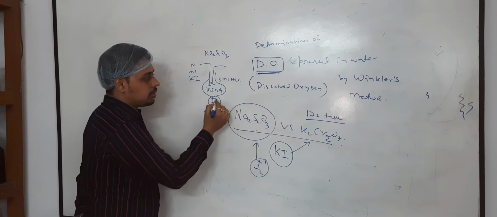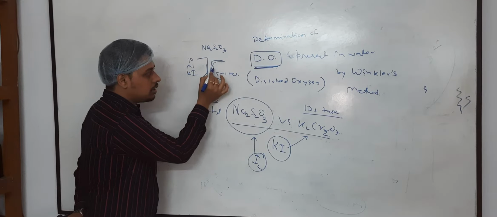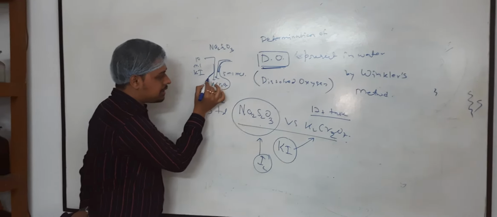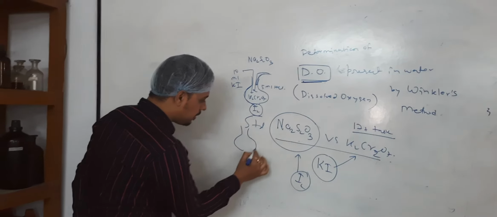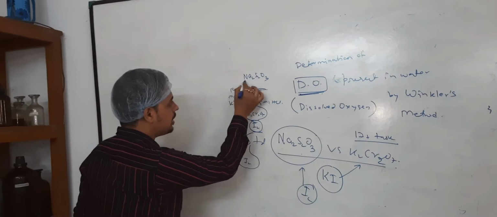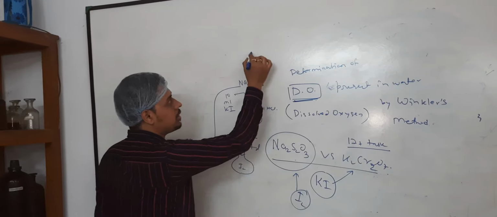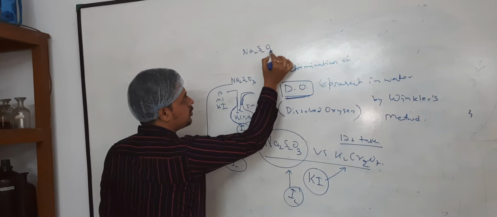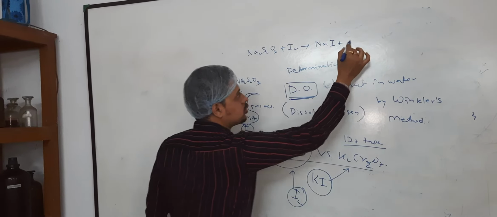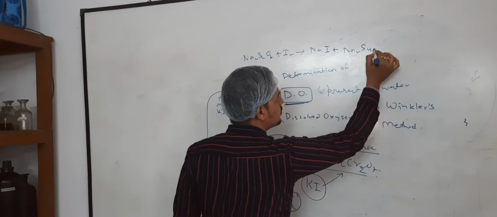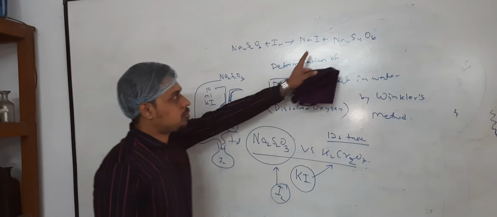Now, taking it out from the dark, let us add some amount of water to dissolve all the iodine absorbed in the inner part of the glass container. Now your solution contains I2. Now let us add sodium thiosulfate from the burette. Sodium thiosulfate will absorb iodine for the formation of NaI and sodium tetrathionate, Na2S4O6.